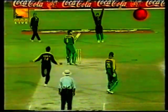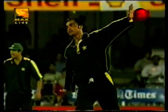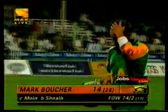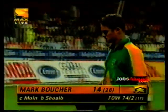Yes, interesting one. I suppose the question one would ask is, when he hit it, was it shoulder height? And if it had continued its path, just looking there, it probably would have been above the shoulder height. So really, a little bit unlucky, I think, is probably the way to describe that dismissal. 14 of 26 balls. South Africa now 74 for